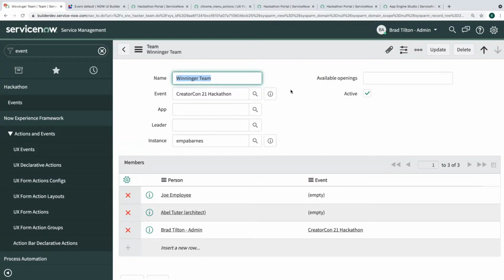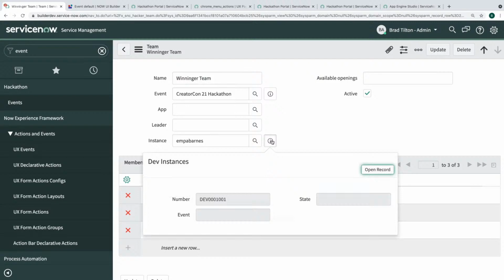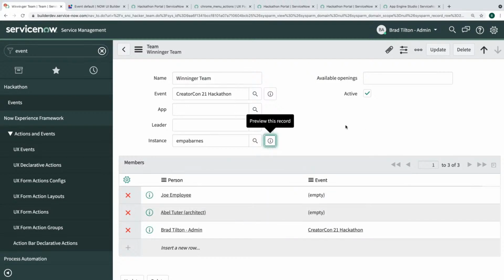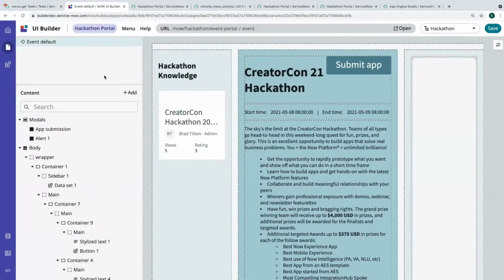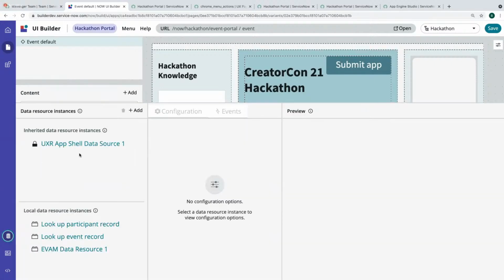So I want to see my instance name and then my team members. We'll start with the instance name, which is just going to be... I need data from this record, and then I need data from these records. This is going to be one of those things where we're going to make multiple data resource calls, where we could write our own GraphQL data resource and get it all at once. And maybe we'll come back and do that afterwards.